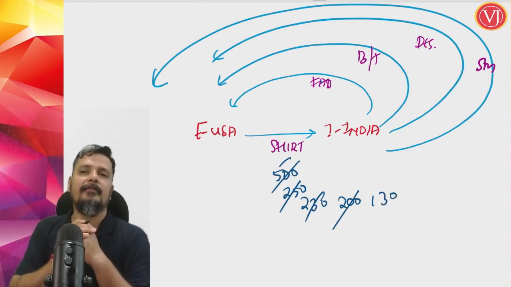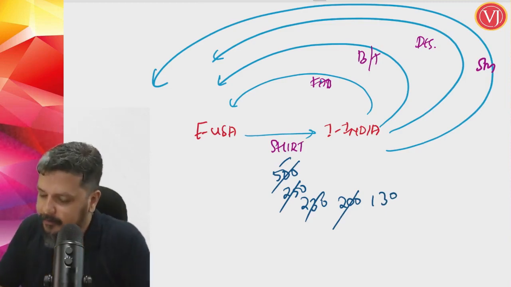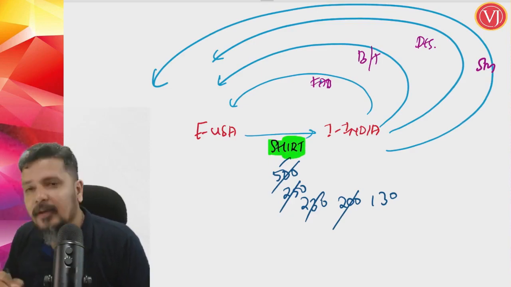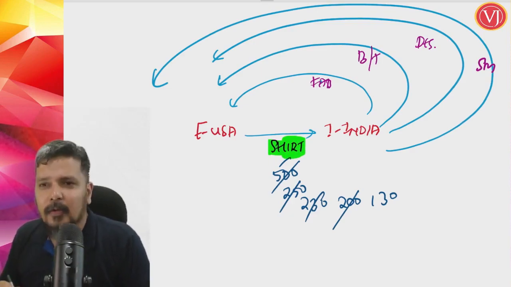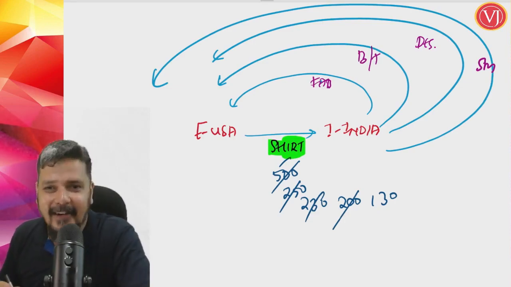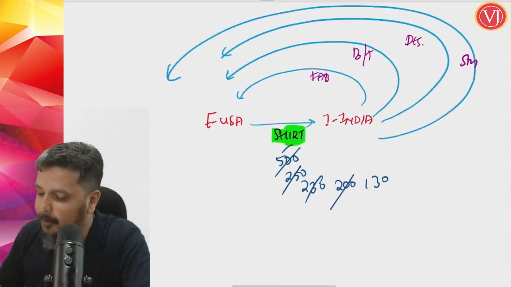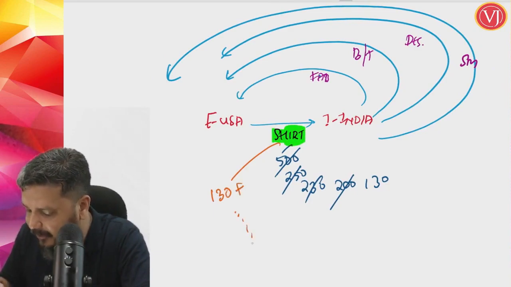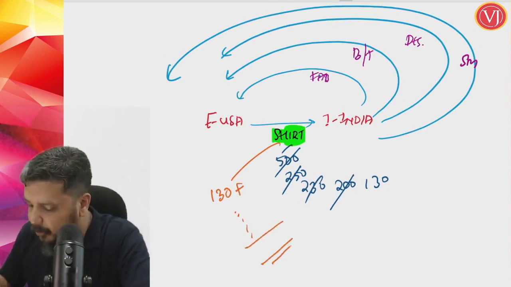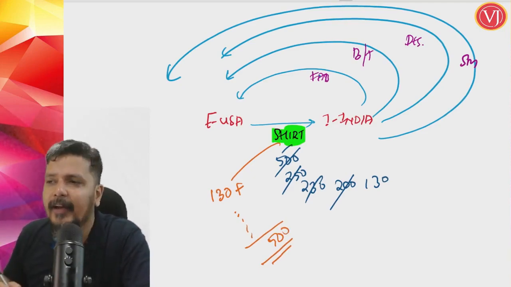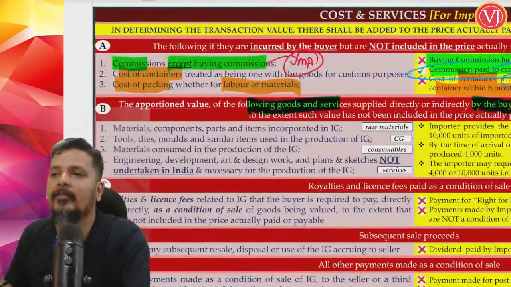Now, what is actually imported? Shirt. Do you think that the shirt cost is 130? No. The cost of the shirt is not 130. 130 is a job working charge. Correct? So when you are importing the shirt, you have to pay import duty on 130 plus something. You are going to pay import duty on 130 plus all these values, back to 500. The items that the importer is supplying directly or indirectly, free of cost or at a reduced price to the exporter of USA